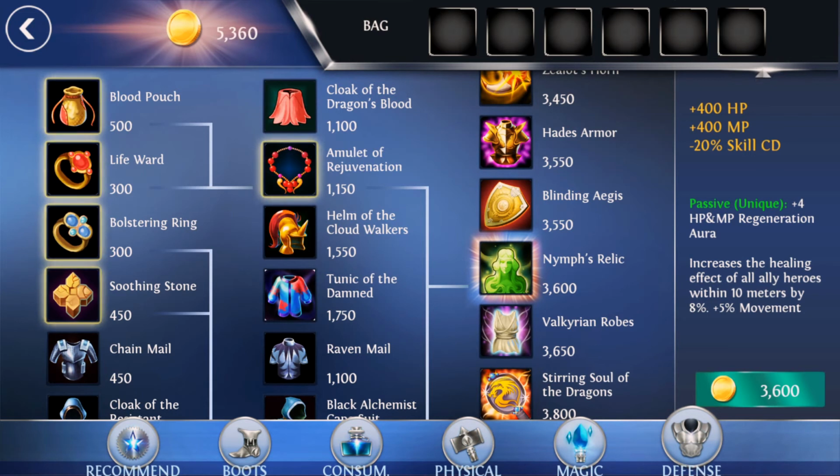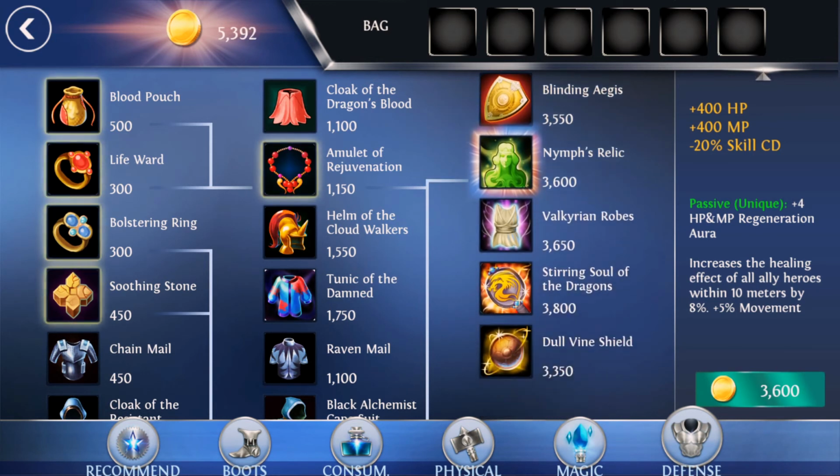All right. Then we have this item. I call it the healing item most of the times, because it's the only item that actually increases your healing effect. Let's read what it says. It gives you 20% skill cost decrease, 4 MP and HP regeneration, and the second passive increases the healing effect of all allies within 10 meters by 8%, and it also increases your movement speed. So this item is really good for example, Helm, Pyla,